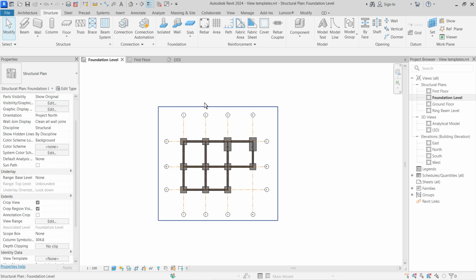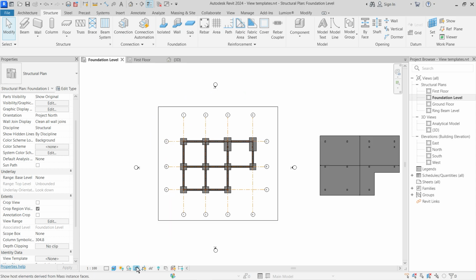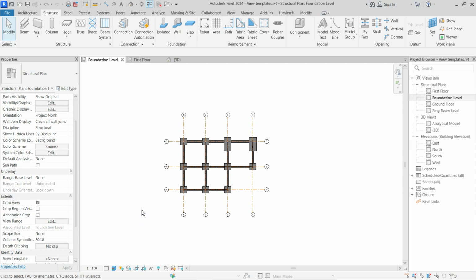Then personally, I don't like working with this outline on, so I'll turn it off like that. Sorry, it is this one. I also want to bring to your attention this side of extents. Instead of coming here, you would actually use these. Then if I'm to turn off crop view,